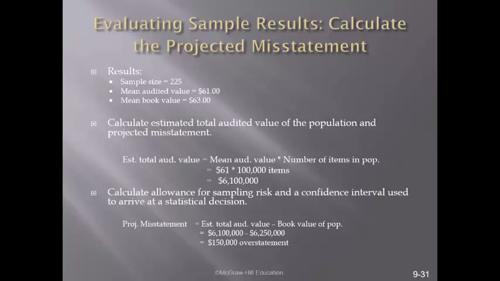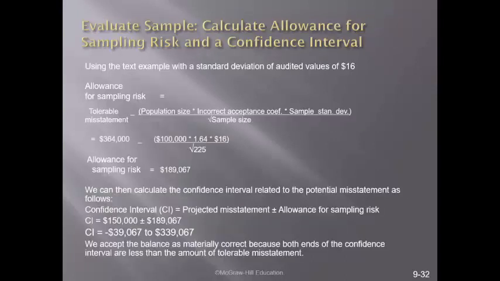If we found a mean of $61 for the sample and we have a population of 100,000 accounts, then we could estimate the total value of the population at $6,100,000. Subtracting this amount from the population book value, which was $6,250,000, gives a projected misstatement of $150,000 overstatement. Next, we would determine the acceptable interval by calculating the adjusted allowance for sampling risk of